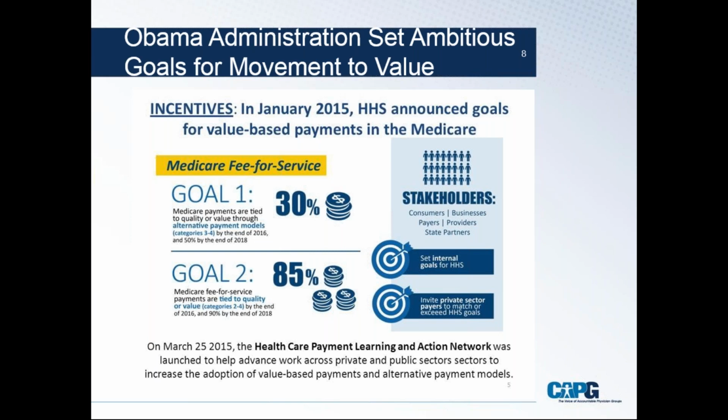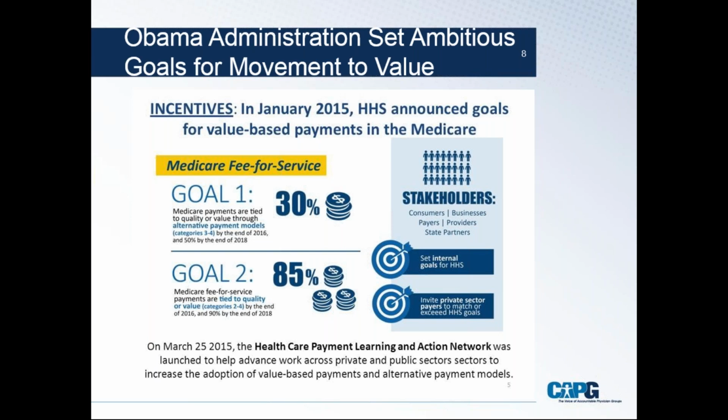So I wanted to just do a little compare and contrast, taking a step back to the good old days, I guess, in January 2015, where we saw in that year some pretty remarkable bipartisan agreements. The first kickoff point for that broad bipartisan moment was when the Obama administration put forward value goals to transform the healthcare system from a fee-for-service system to a value-oriented system. And they put forth what seemed at the time to be pretty ambitious goals of tying increasing percentages of Medicare payments to value over time.